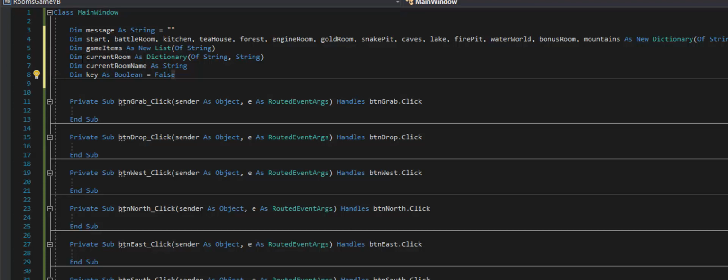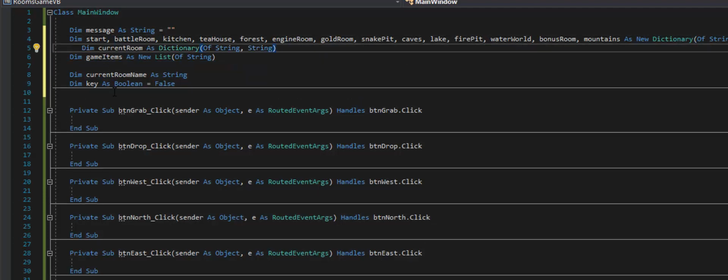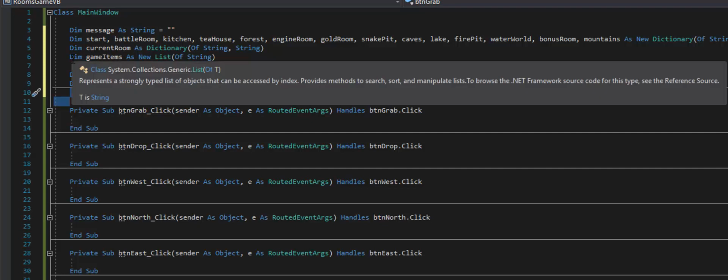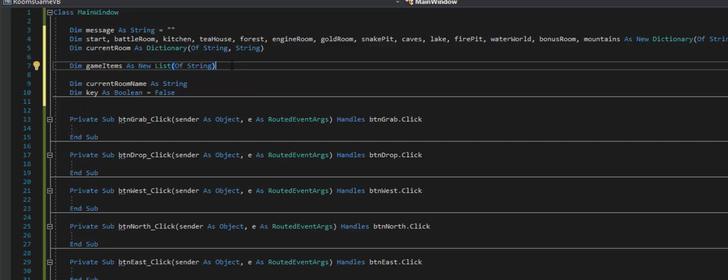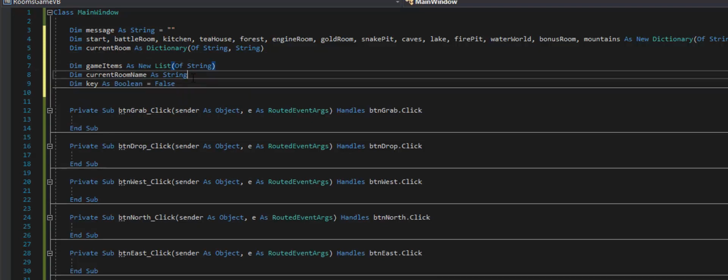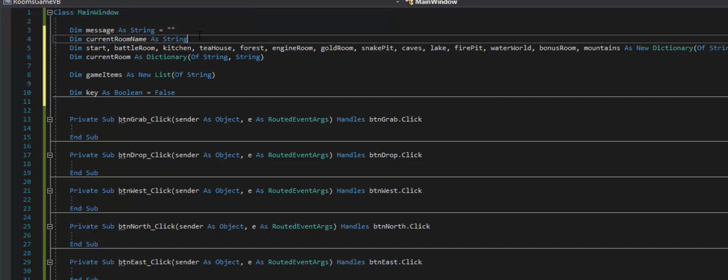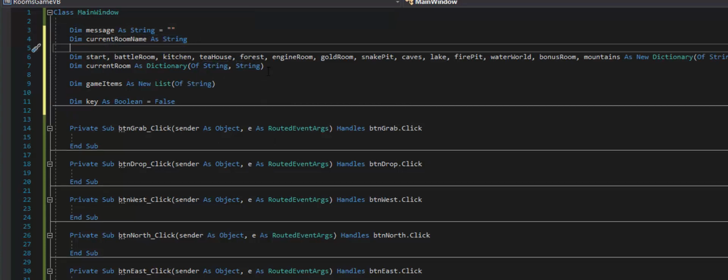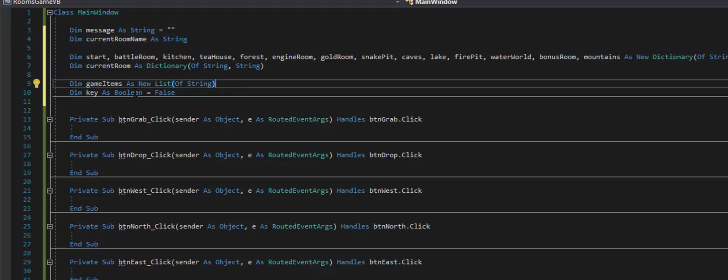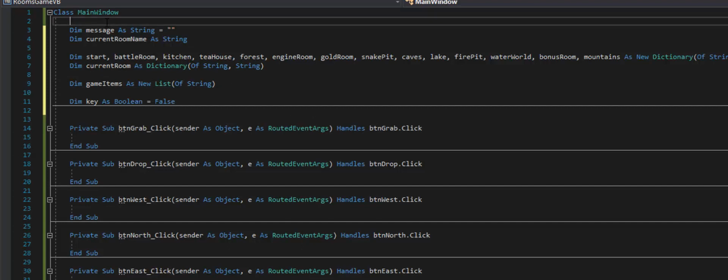Now to make sure that this is readable, I'm going to take this room here because it's also a dictionary, and I want to put that here. I just want things to be in some sort of order here. So here I have this string, and I'm going to take this string. It doesn't really change the way the program works, but it does change the way the program is read by other people. And then I have my boolean here. Now up here I can say something like